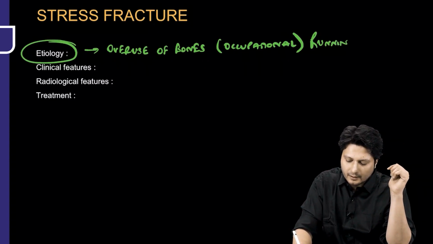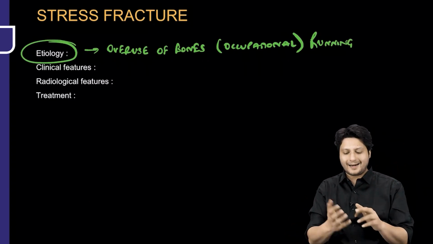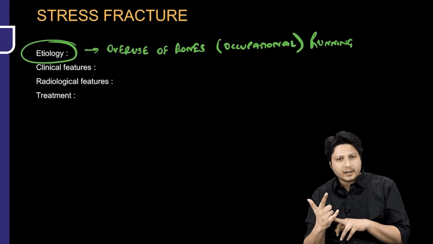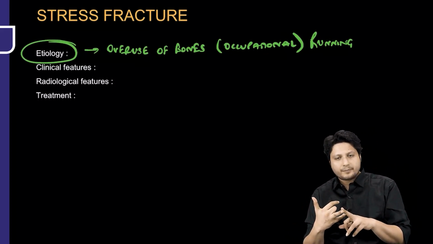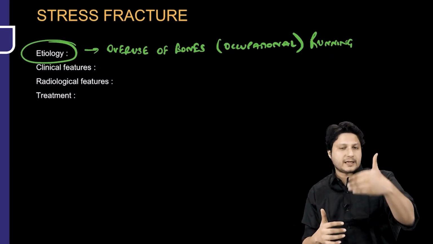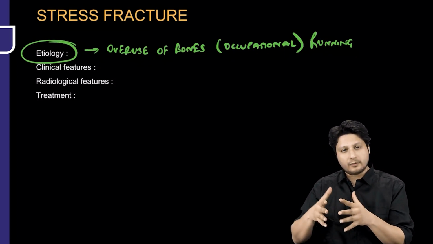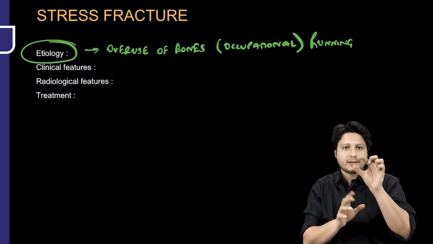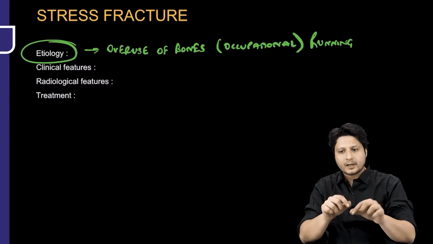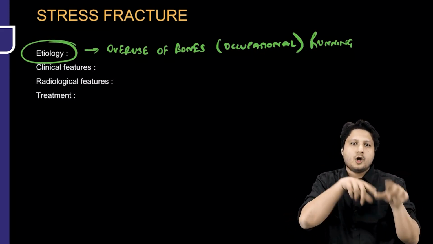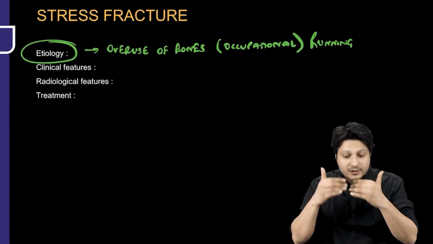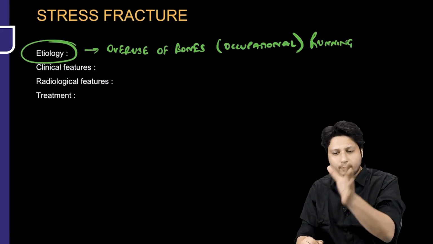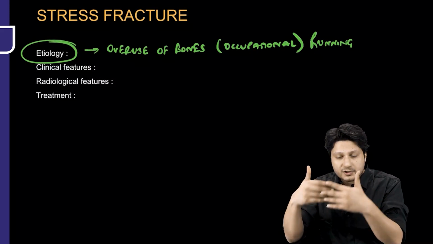where the running is an occupational necessity, like an athlete, a marathon runner, a patient who is an army trainee, a patient who is a police trainee, all right. So for the physical examination to get cleared, they have to run very hard. So there is an occupational overuse of the lower limb bones that might result in a fracture because of overuse, not because of trauma. That is known as stress fracture. That means it is a fracture of the bone when it is subjected to stresses,